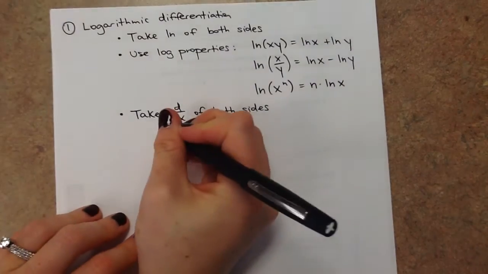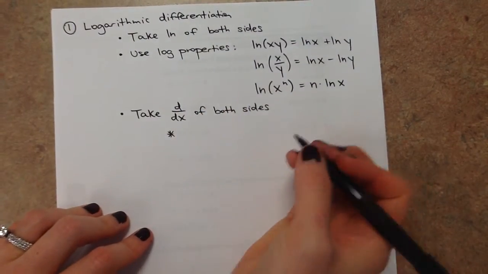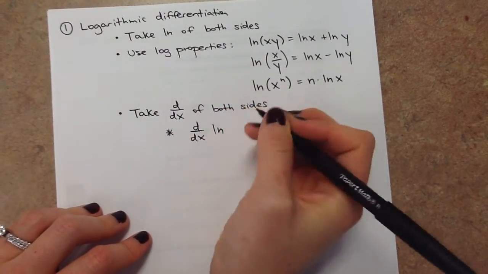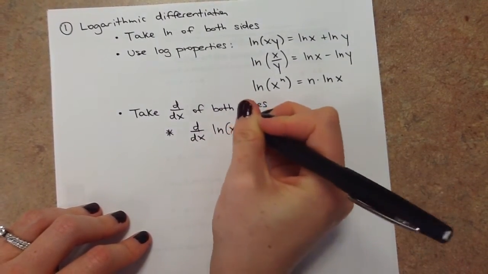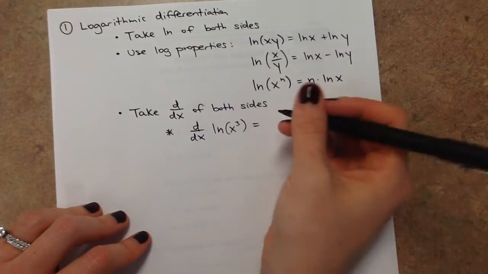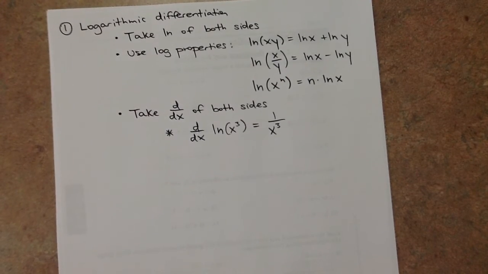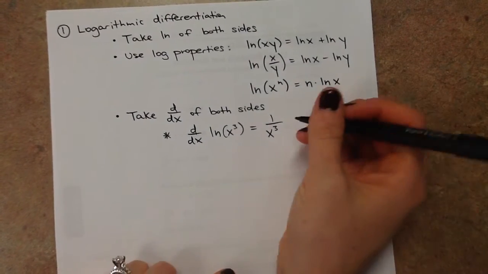And then when you're doing this, keep an eye out for chain rules. So something like this, if you had the natural log of x cubed or something like that, I saw too many people yesterday just doing 1 over x cubed and then leaving it. That's the first part, that's the derivative part. Don't forget about